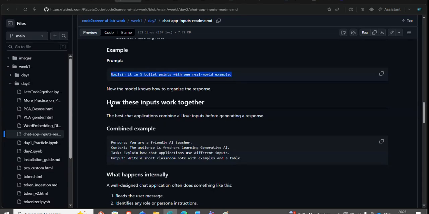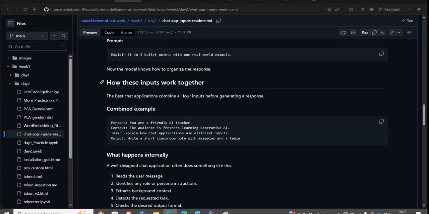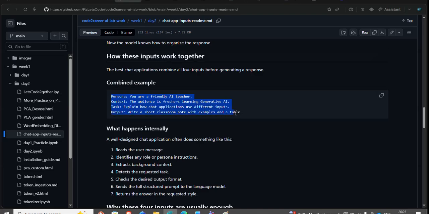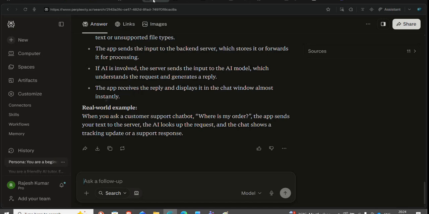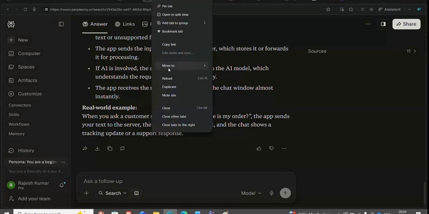Now coming to that, let's combine every input together. We give it a persona: you are a friendly AI teacher. Context: the audience is freshers learning generative AI. Task: explain how the chatbot application uses different inputs. Output: write short class notes with an example and a table. So if we give these inputs,